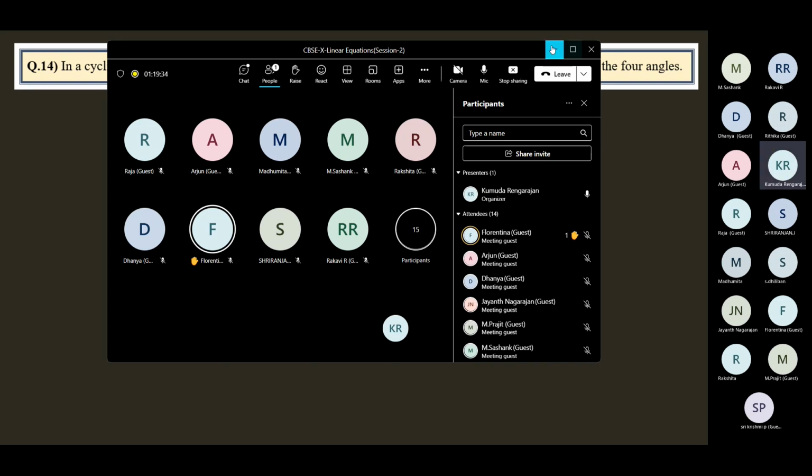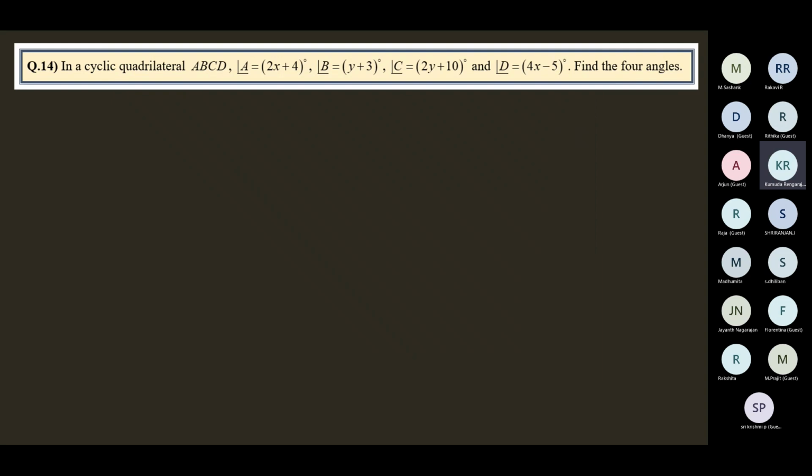So using that property of a cyclic quadrilateral, we construct the equations here. You can also use the fact that the sum of the four angles of a quadrilateral is 360 degrees, and get one equation. And the other one you can get using opposite angles are supplementary. Or you can get both equations using the property that in a cyclic quadrilateral, opposite